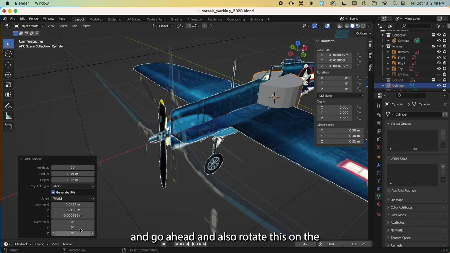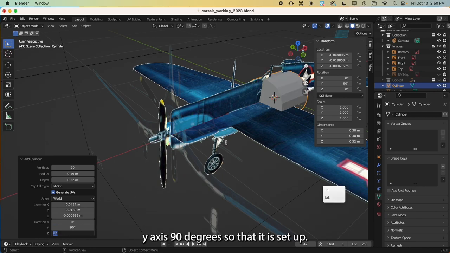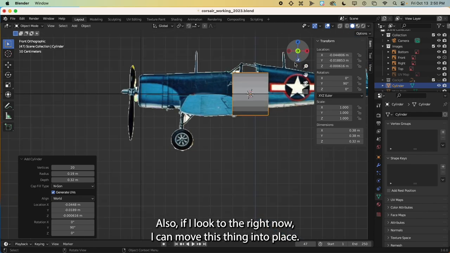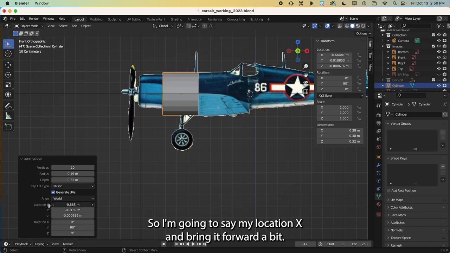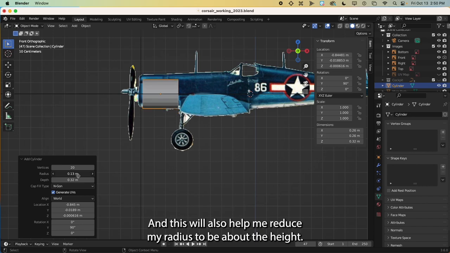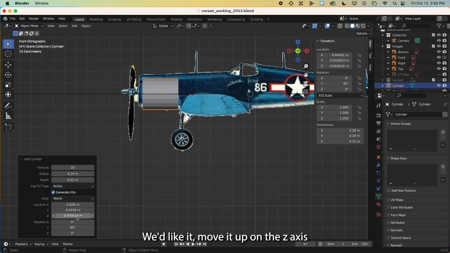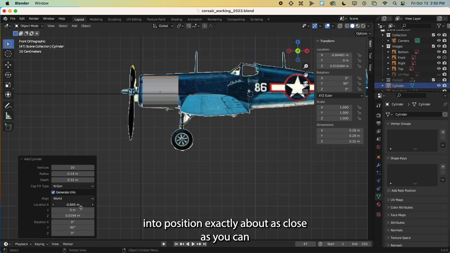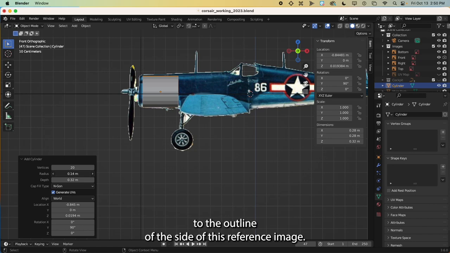I'm going to rotate this on the y-axis 90 degrees so that it is set up. Also, if I look to the right, now I can move this thing into place. So I'm going to say my location X, bring it forward a bit, and this will also help me reduce my radius to be about the height that we'd like it. Move it up on the Z-axis, and get into position